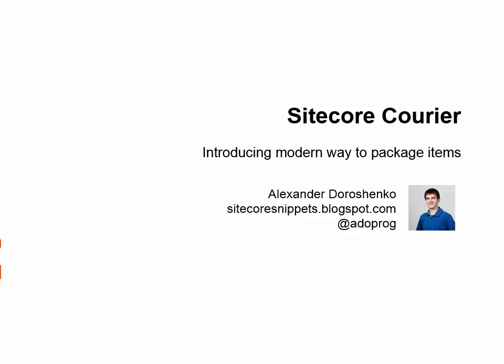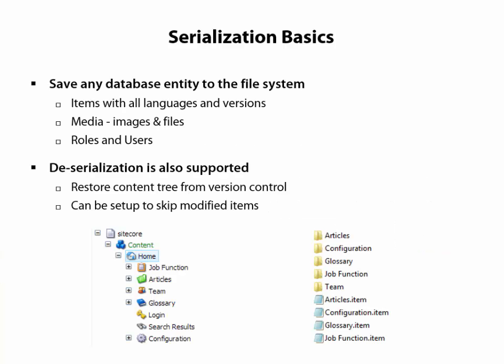The first question many Sidecar developers ask when they start thinking about deploying changes with Sidecar is how to track item changes. The deal is you cannot simply deploy the updated site from version control system because production side also holds content items being constantly edited by content editors and you need to merge it. This is where Sidecar Courier comes into the game.